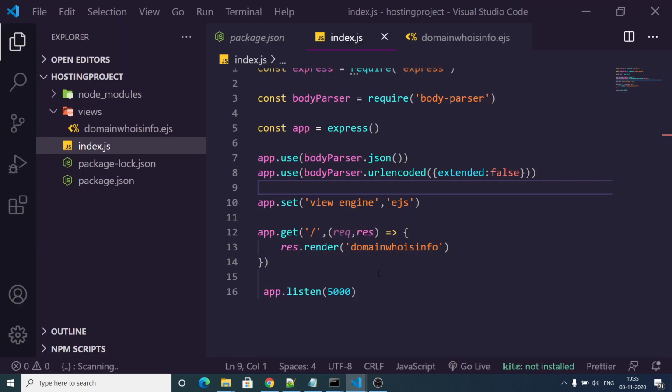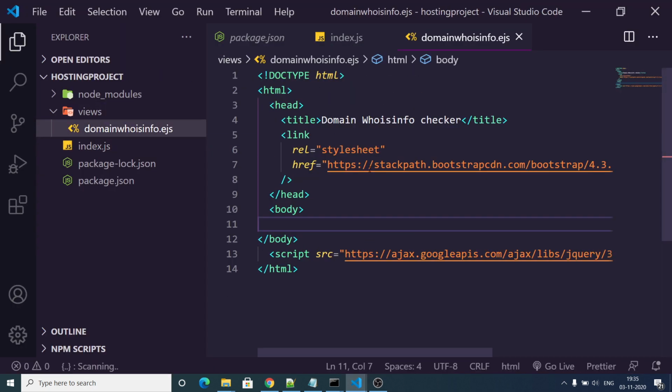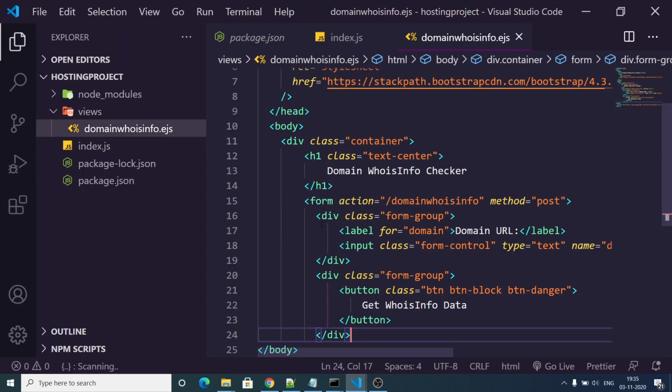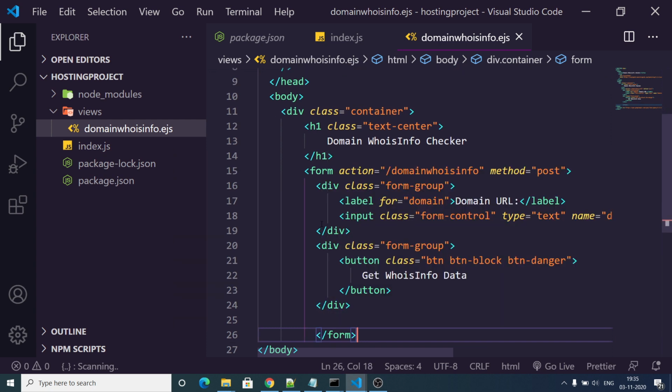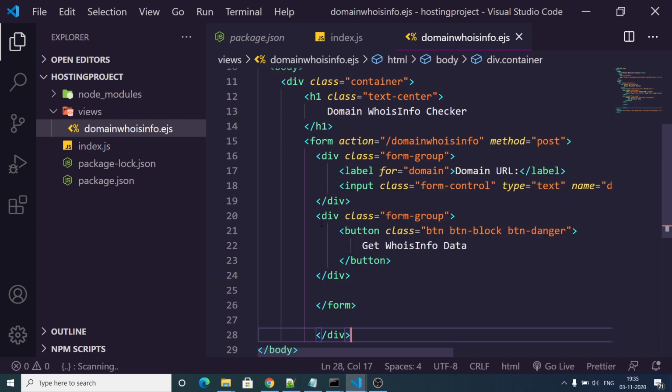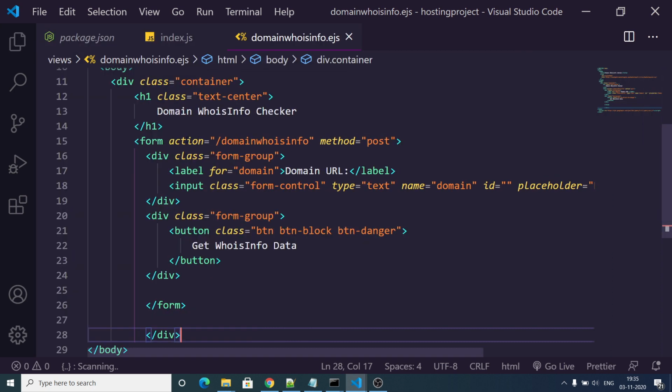So if I go here to domain whoisinfo, inside the body I can paste it, and I can end this form here and also end the div. So title is domain whoisinfo, and we have a form which has an action of domain whoisinfo, and the method will be post.